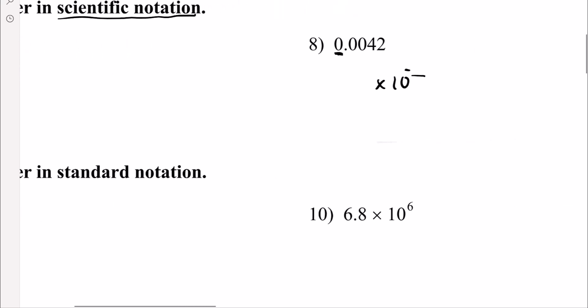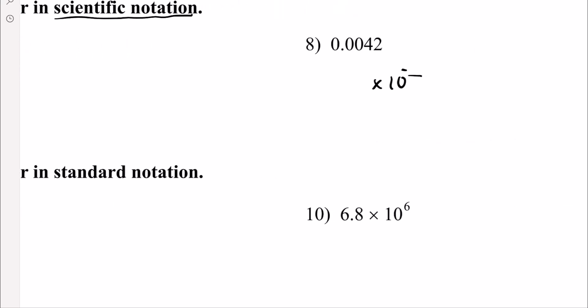Now over here, I'm going to do this one with you. Over here, there is the decimal. We know that's going to be a negative amount, but the decimal has to go right after the first non-zero digit. So it has to be 4.2. Well, we moved it 1, 2, 3, but the 3 just gets a negative number because the lead number, that means this number right here